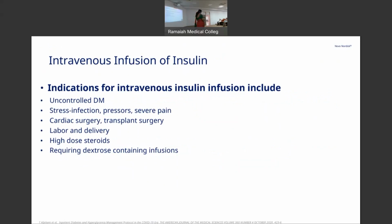So these are the indications. I think these will pretty much be the reasons why we might shift a patient to ICU care. Anybody with uncontrolled diabetes, anybody who has a coexisting infection, hemodynamically unstable, post-surgery or perioperative period, anybody who's requiring high-dose steroids, maybe altered sensorium. Labor and delivery, I think they don't move into the ICU care. They're treated in